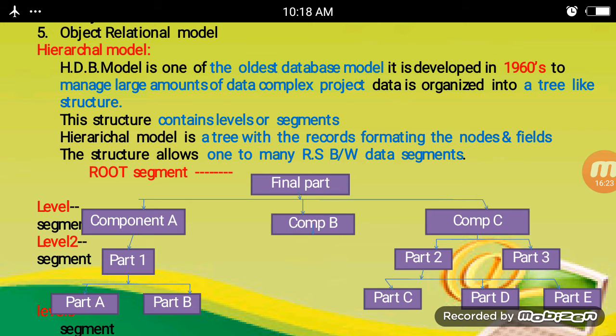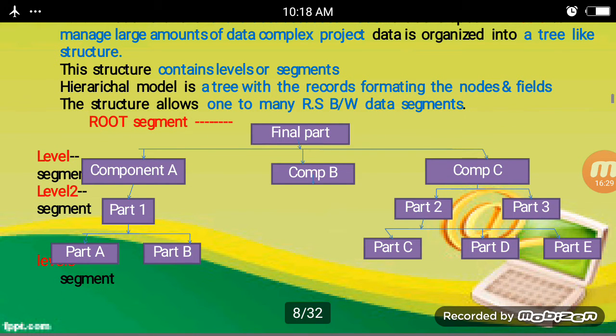In this figure, there is a root segment. The final part will be divided into three components: component A, component B and component C. That is level segment 1. Then level segment 2 has part 1, part 2 and part 3.